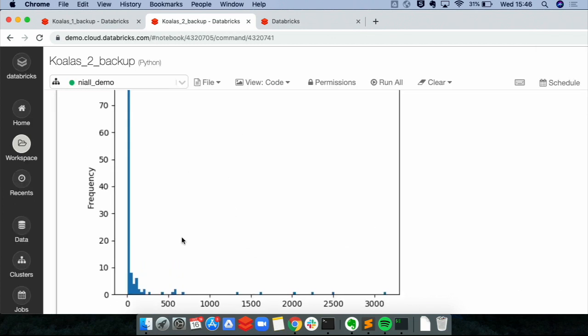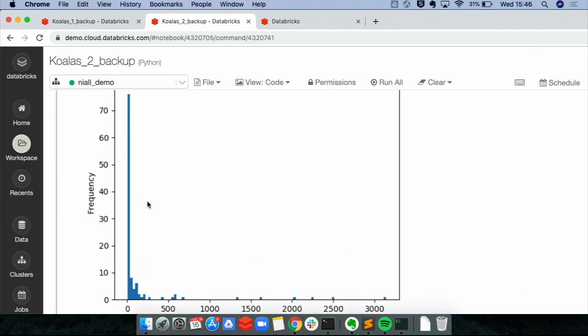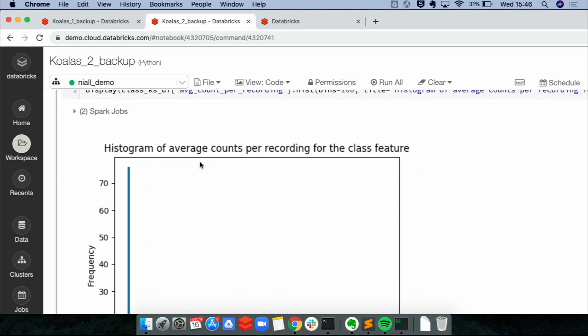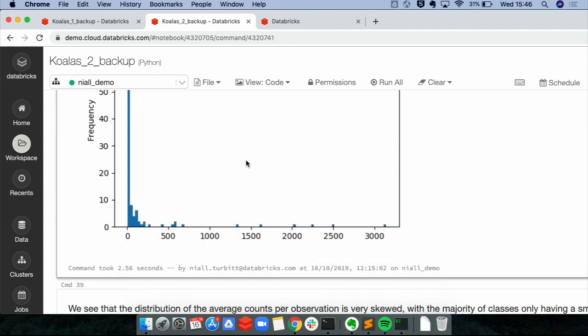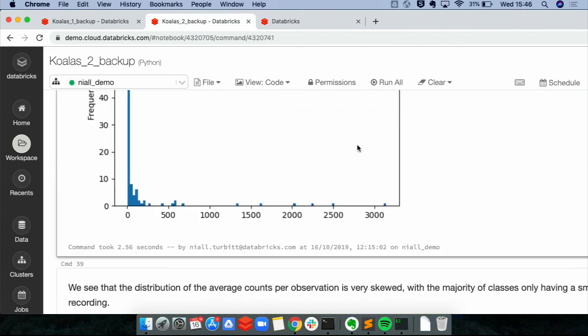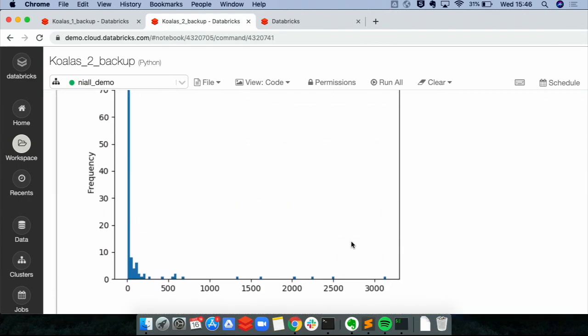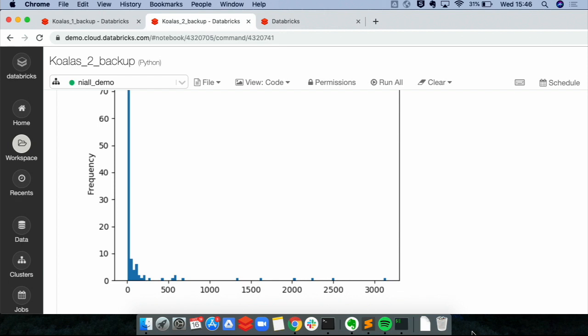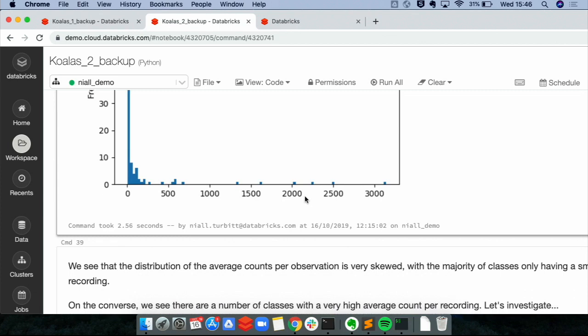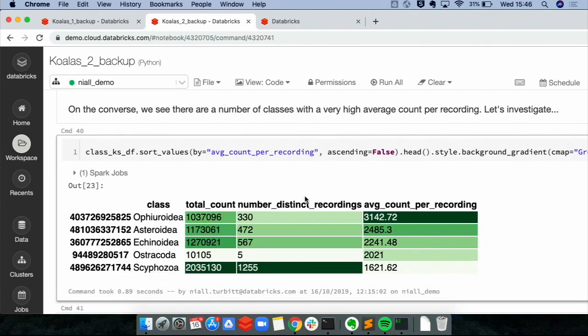So what we see is a heavily skewed distribution in terms of those classes that have a relatively low number of average counts per recording. And we can dive into that a bit more. We see that it's highly skewed, but what are these ones that are off to the right? What are the classes whereby we have a huge number of average counts per recording? What we can do is grab the above Koalas data frame, sort those values, and we can then apply these pandas